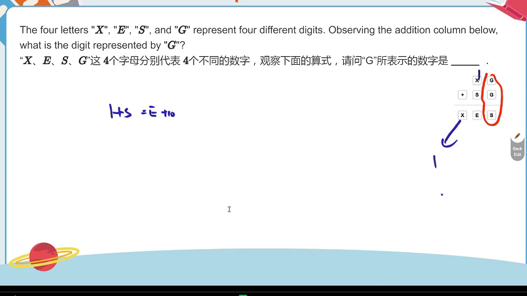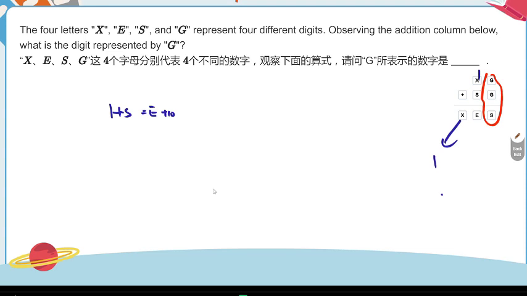From the unit place, can we have a carryover from the unit place to the tens place? If there is no carryover,